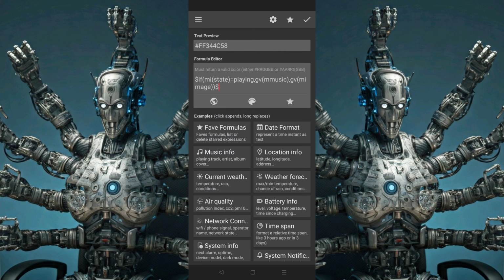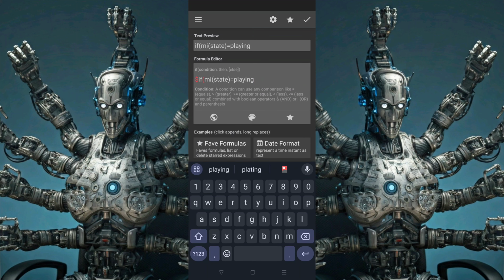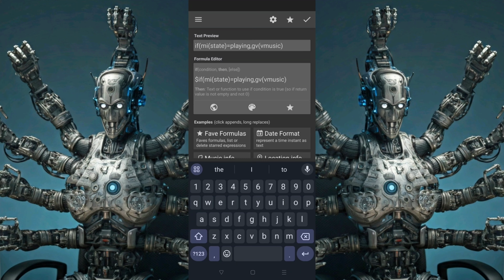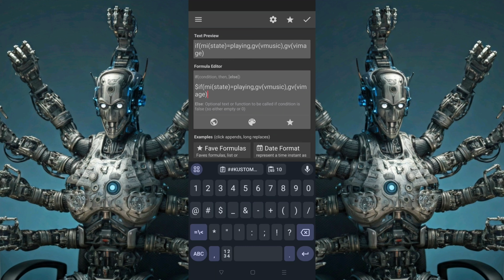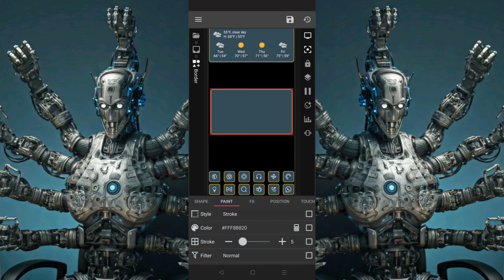Now for the color, we need to change the element so that it's actually visible and not the same as the background. In this case, when music is playing, I'm going to have it pull the vibrant colors from the media player's cover image. But else, if music is not playing, then pull the vibrant colors from the cover image. Close it out. Our hex code is pulled, so we know it's correct. And boom, now we have our new element